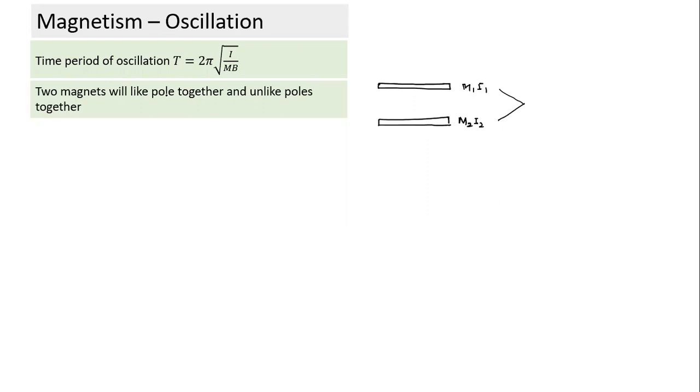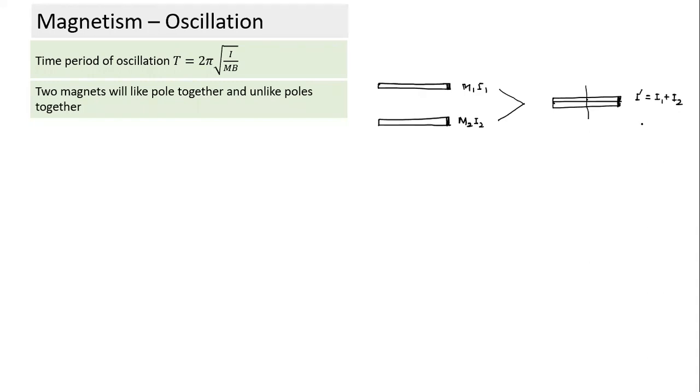So when we put two magnets together, there are two ways of putting them. Let's see, if this is north and this is north, one way you can arrange is to put one on top of the other, both like this. If both are like this, what will happen to the moment of inertia, I dash? I dash naturally is the sum of the moments of inertia when you put them together. There's no sign convention involved.